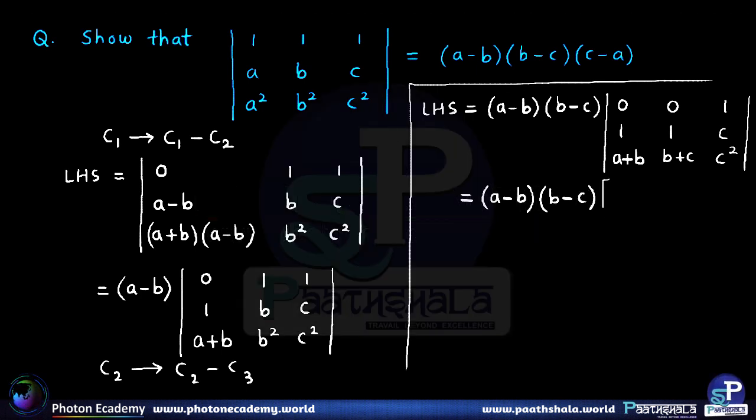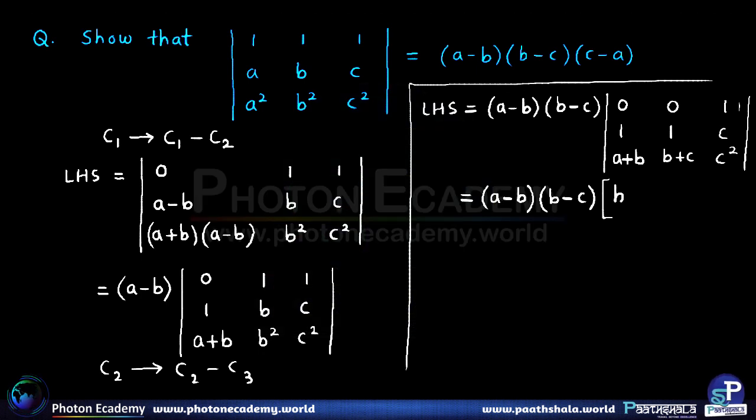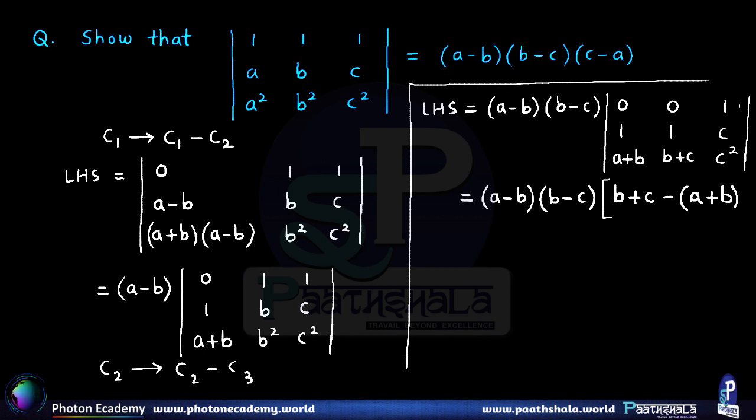So now here we have, finally we have only one element in the first row, so therefore its corresponding cofactor is nothing but B plus C minus into bracket A plus B. This comes from the fact that we have to multiply 1 into B plus C, and from that we have to subtract 1 into A plus B. So that further gives us